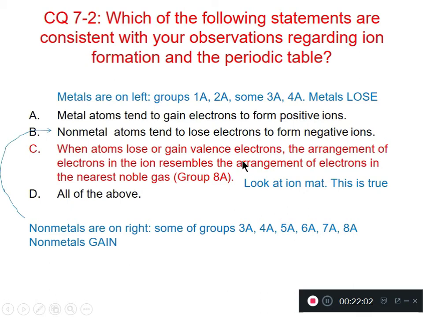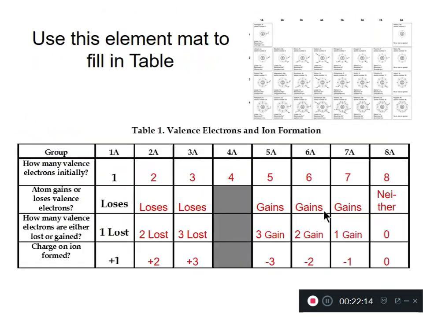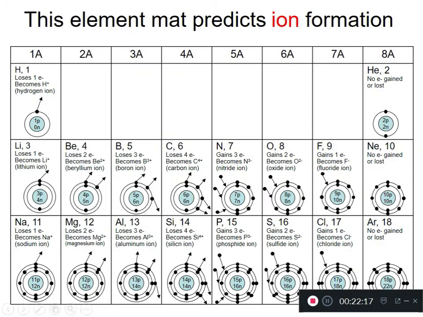When atoms lose or gain valence electrons, the arrangement of electrons in the ion resembles the arrangement of electrons in the nearest noble gas. So this is true. Let's see what they're saying. So once I'm done adding this electron here, it looks the same as this one. Once I'm done adding these electrons here, it looks the same as this one. When I look at beryllium, the nearest noble gas would actually be 8A. So 4 is closer to 2 than it is to 10. So if I lose 2, then I have 2 in the first orbit,